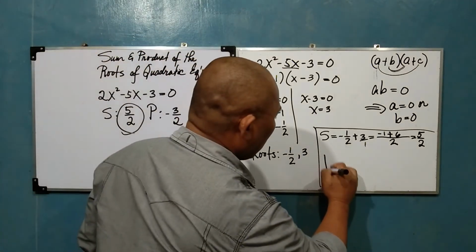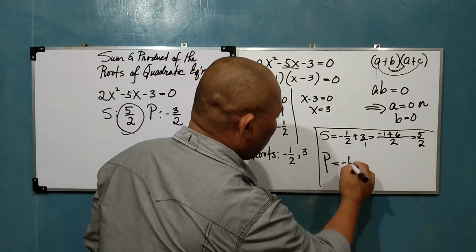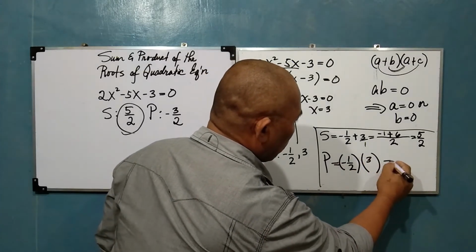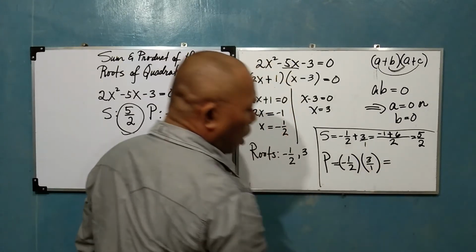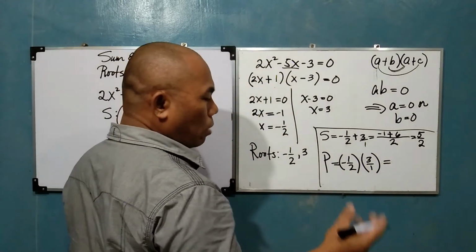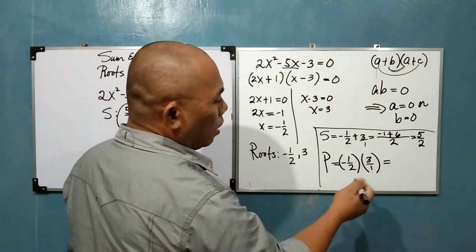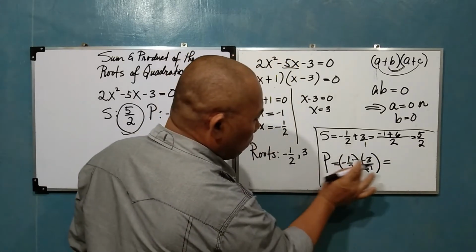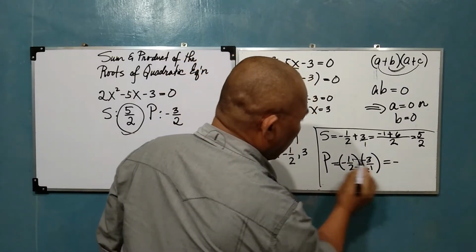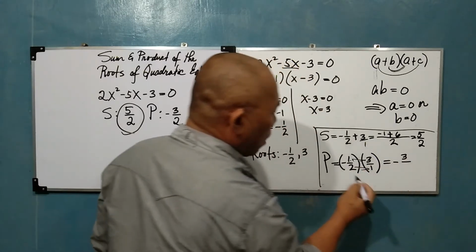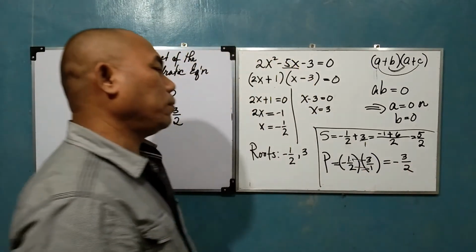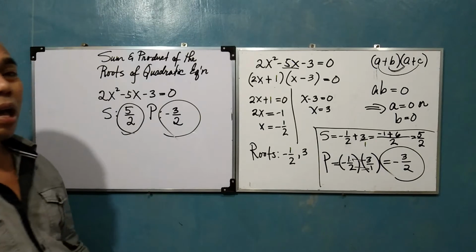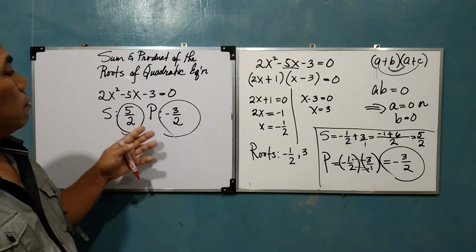For the product, so you have negative 1/2 times 3. So it's understood it has a denominator of 1. When you multiply rationals, you multiply numerator to numerator, denominator to denominator. So you will get the negative times positive, you get negative 1 times 3, 3. Then 2 times 1, 2. Okay? So this is now the product, which is exactly the same as what I've told ahead at the start